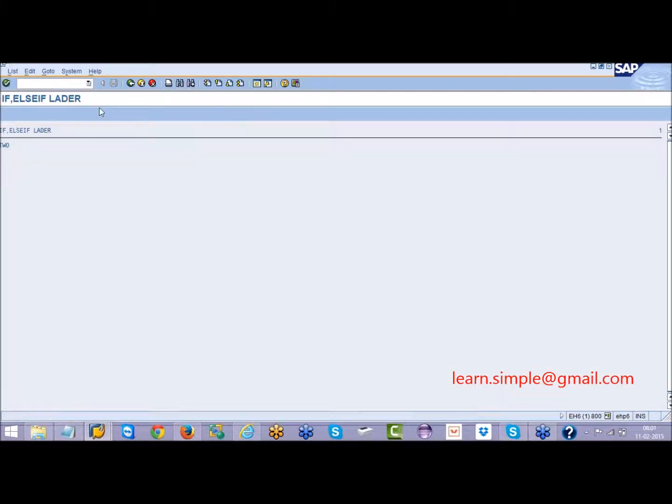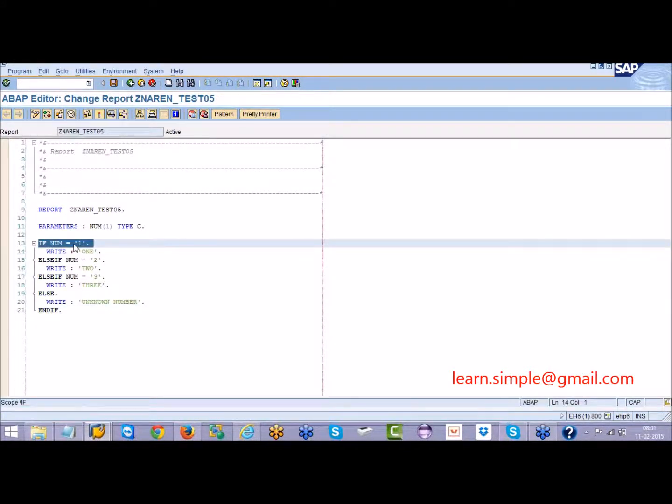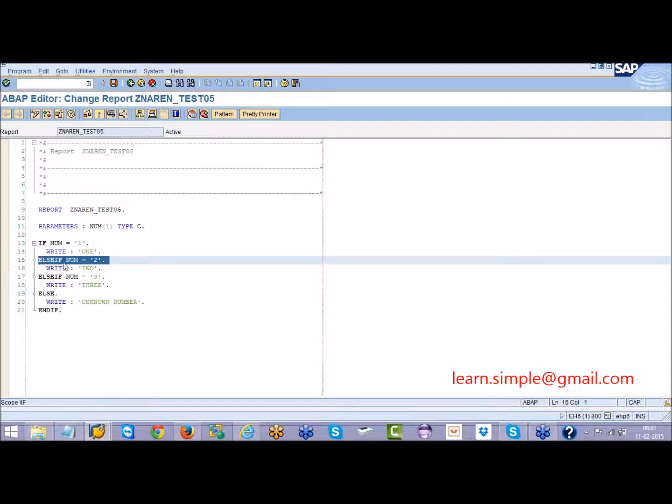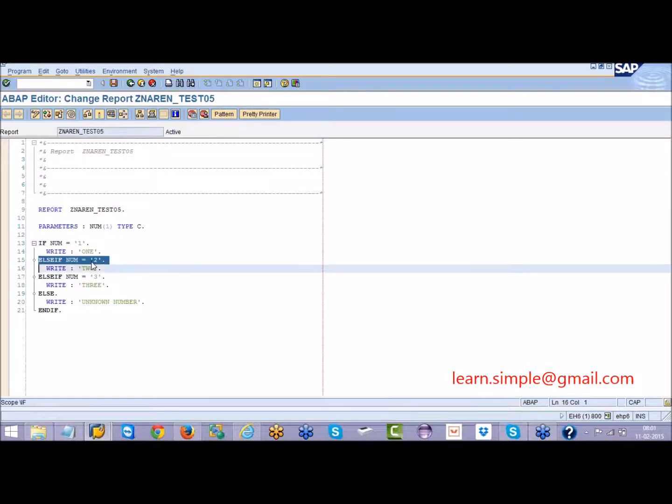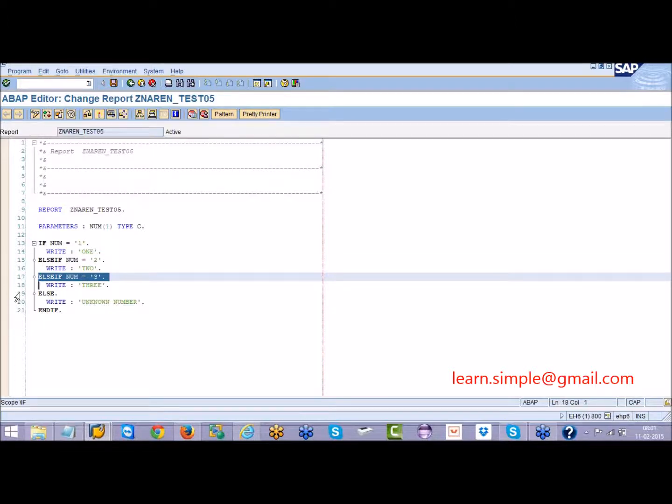It is printing 2. How come? First it checks this condition: is 2 equal to 1? No, this condition fails. Then it checks this condition, else if 2 equal to 2: yes, this condition is satisfied. So it will print the line, write 2. Then it comes out. Once an else if condition is satisfied and executed, it will not check the other conditions.